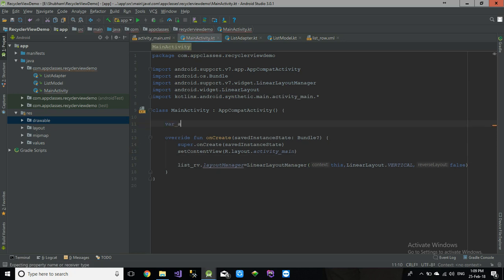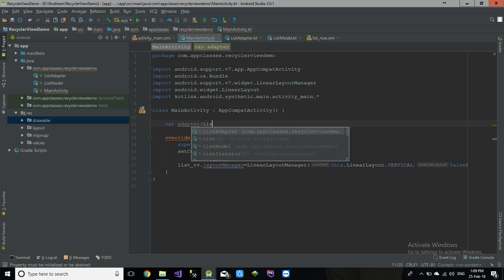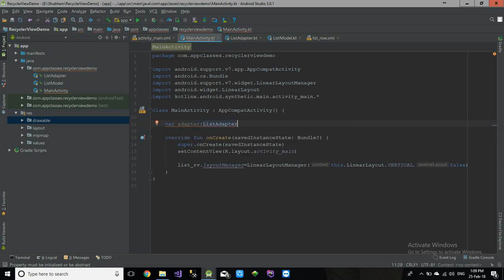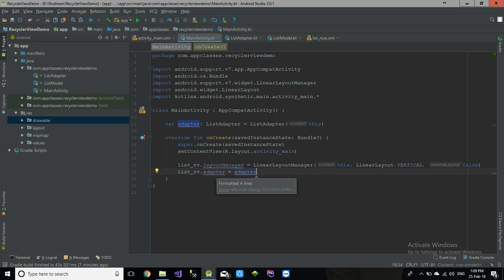Take that adapter, that's cool, and just assign to the list view adapter, set that adapter. Okay, here we go. We have set the layout manager for the recycler view, and we had set the adapter